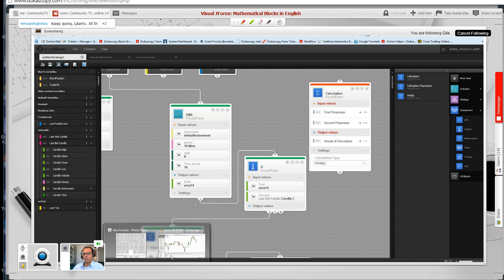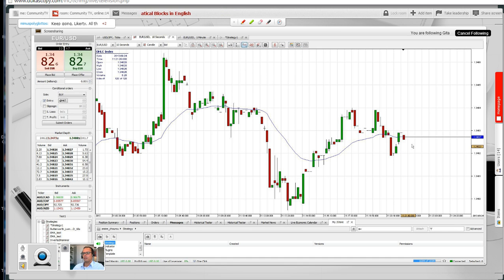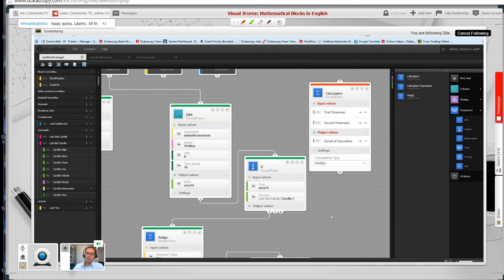So let's take an example. If I have an EMA in here, my current EMA is actually a price, correct? So actually the current is equal to 134.82. So when I want to, for instance, trade 10 pips above the current value of the EMA, whatever the value of the EMA is, dynamically, I can just put the value of the EMA and add a second variable, 0.0010, for instance, and I'll choose the settings like a sum,